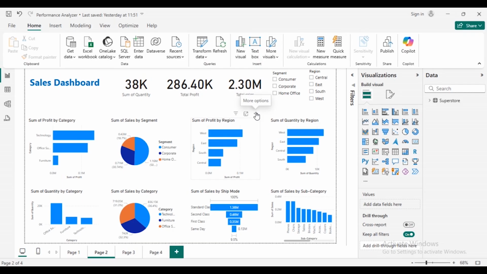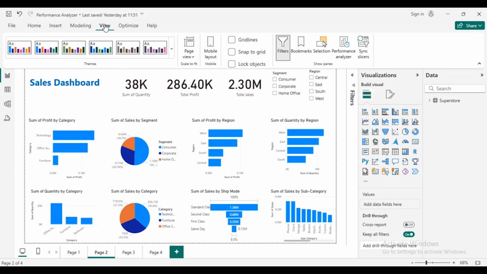Here you can see a simple sales dashboard using the Superstore dataset. When your reports are slowing down and visuals take more time to load, then you can use the Performance Analyzer tool to improve your performance. The first step is to go to the View tab. We are in the Home tab. Go to the View tab, and on the right side of the ribbon, you can see the Performance Analyzer. Click on Performance Analyzer,